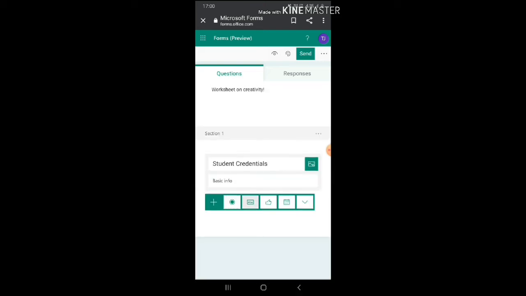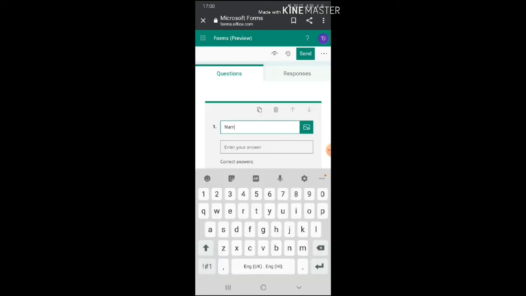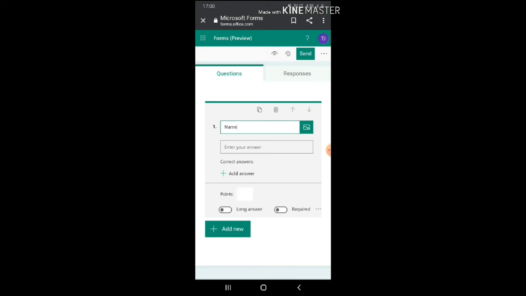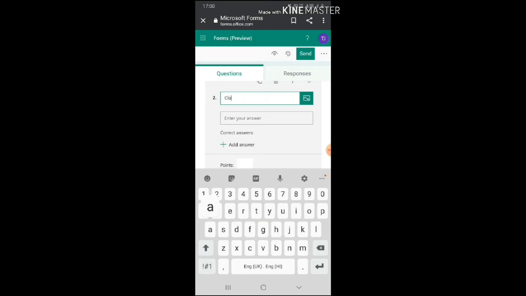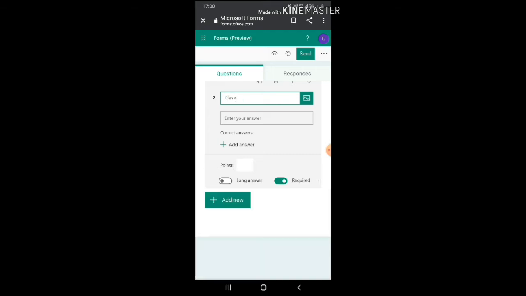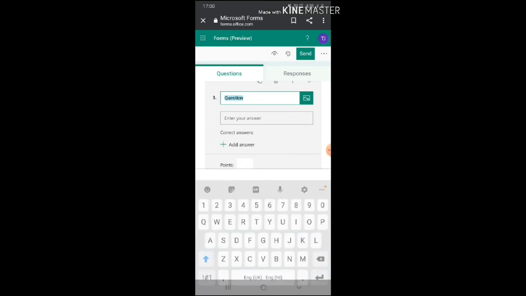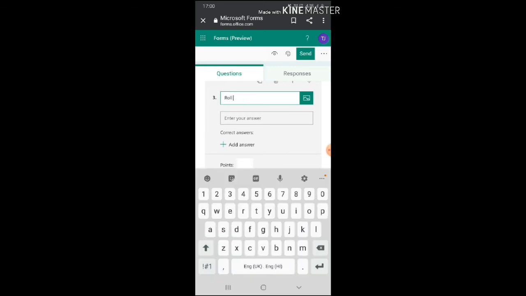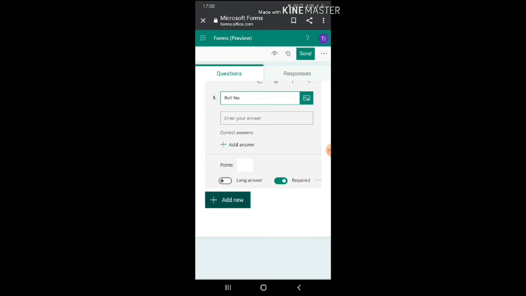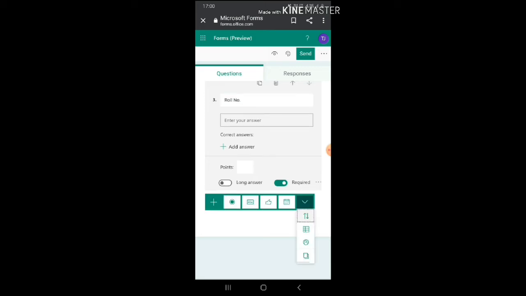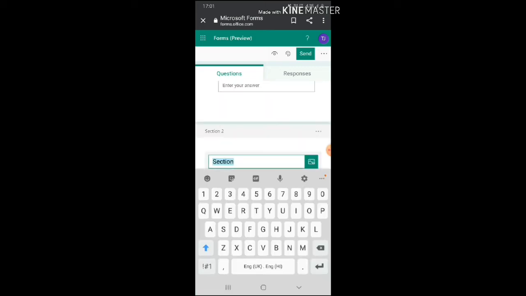and I can simply type the name and make it a required thing. Then click again on plus sign, and you can ask students to type their class, then the roll number, and after you are done with this section you can click again on the section icon and go for next